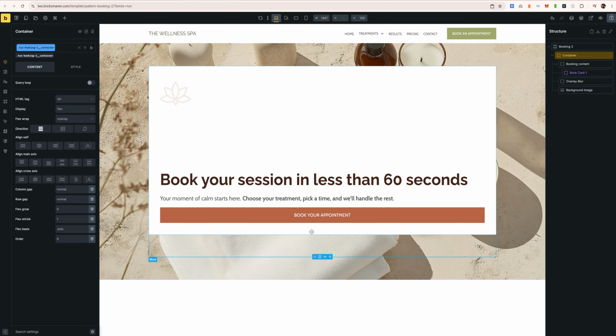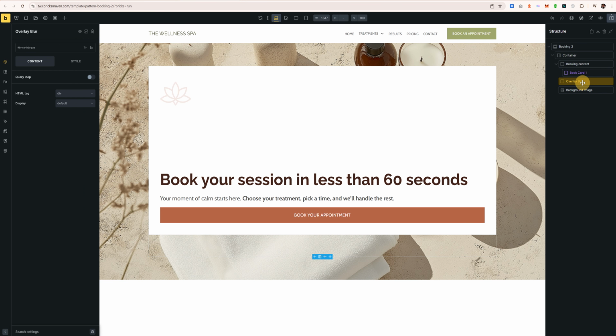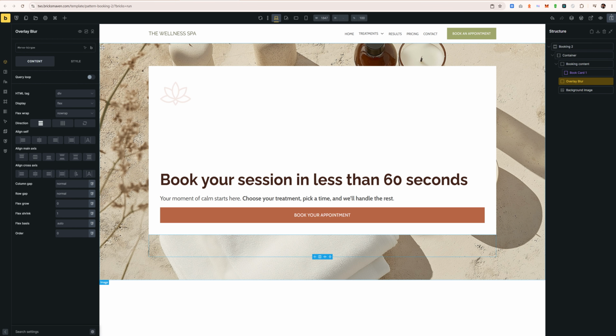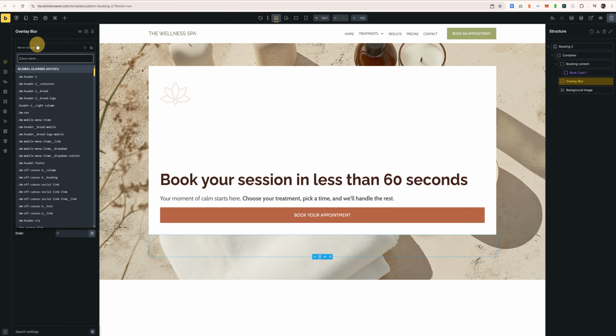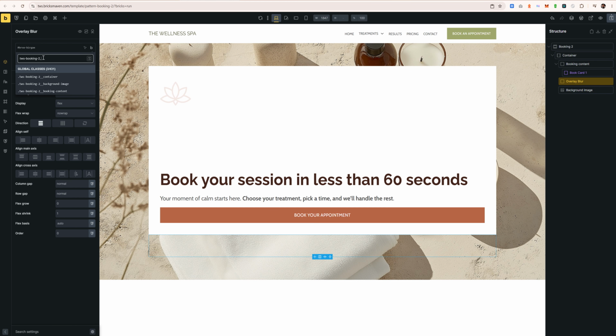Why is there this? Oh, this is overlay. This overlay. My bad. Not style this yet. Did I copy anything? Do I still have the class? No, I don't have the class anymore. I'm going to go to my overlay. I also style this one. I just want to add a class, overlay blur,